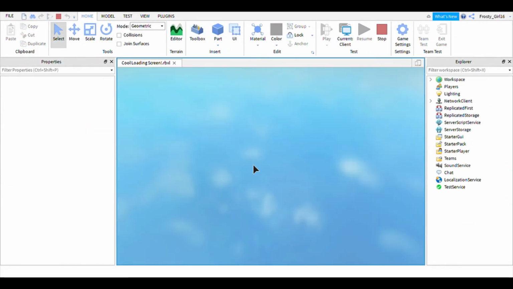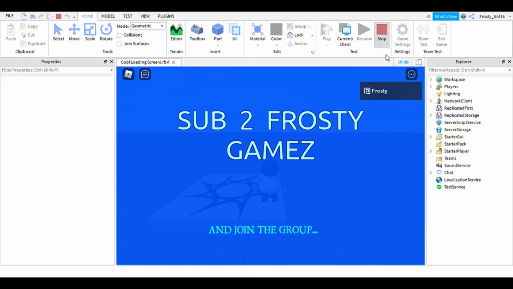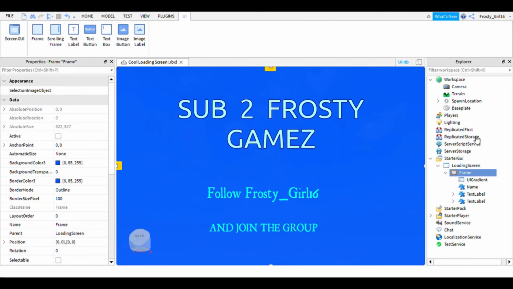And now if you click play, well, sorry this video is so long, but this tutorial is kind of long. So it says follow Foster 16, which you also should do all this stuff on here. And now it says and join the group. And now I think it's fair that we have to make the GUI disappear after,